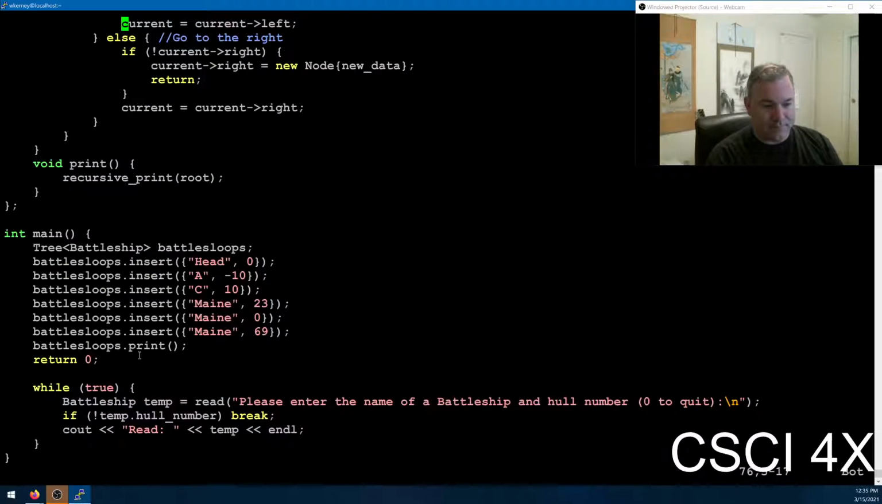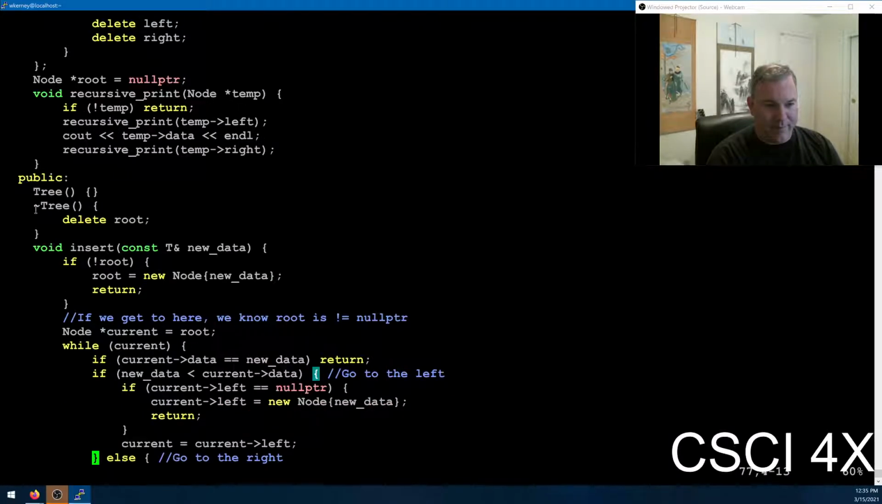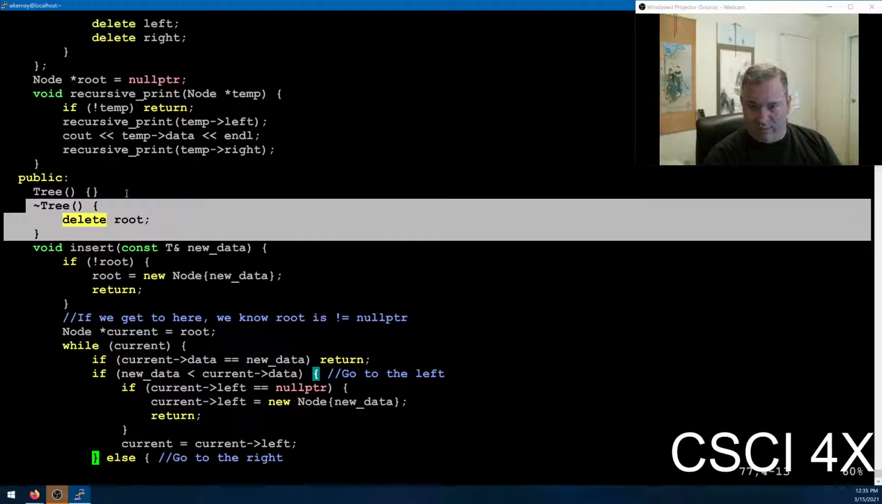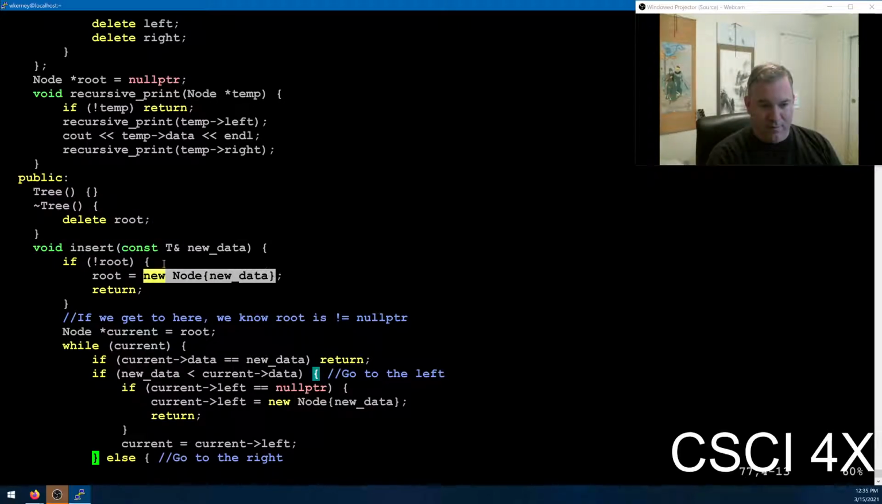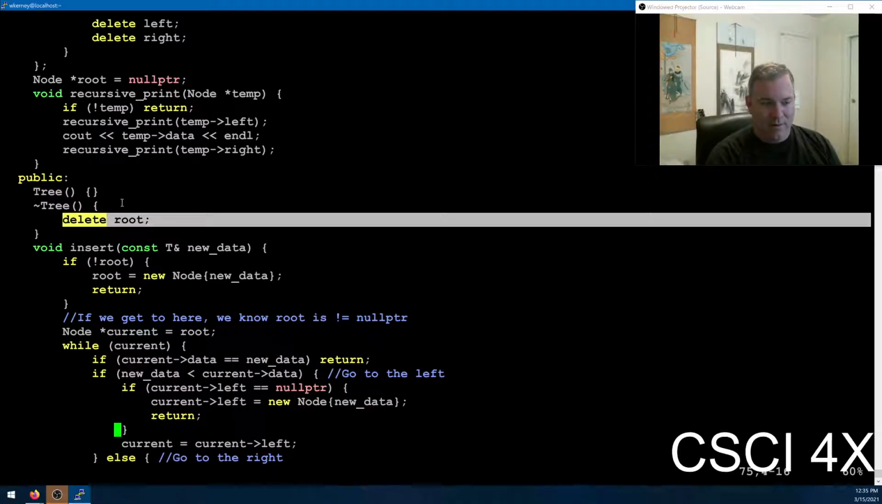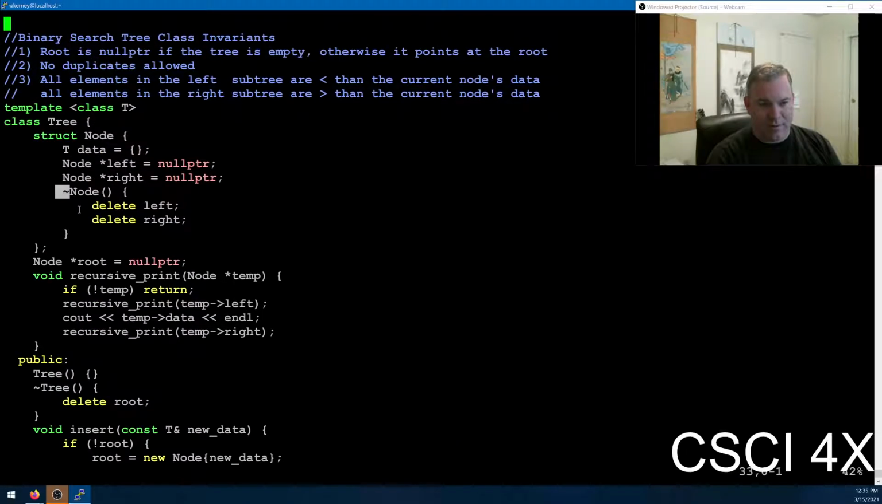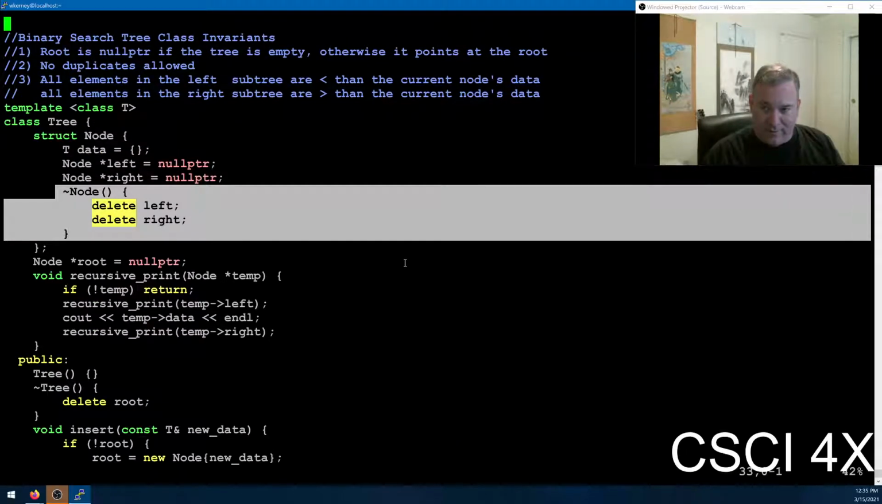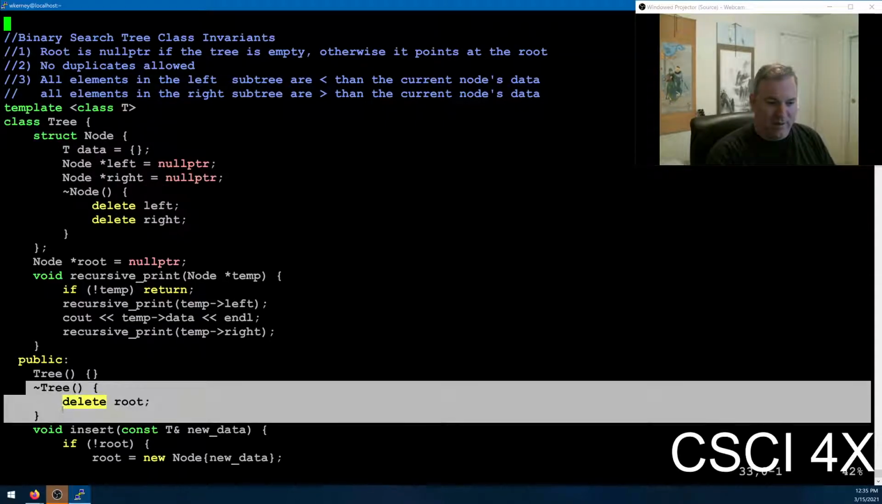You guys have any questions about the destructor? So it just deletes the root because the root is new, and then the root will call the destructor on each of the nodes, and they'll delete each of their kids if they exist. So it's pretty simple, pretty straightforward destructor. 2 lines of code there, 1 line of code there. All of these things are really simple, but at the same time,